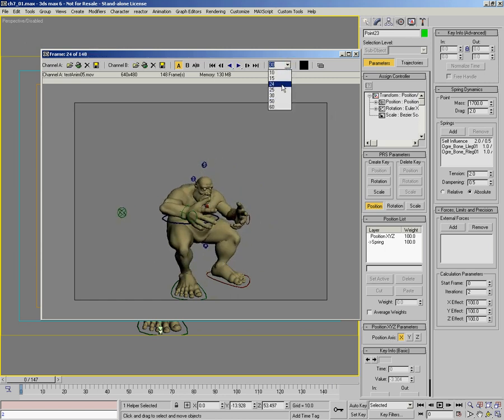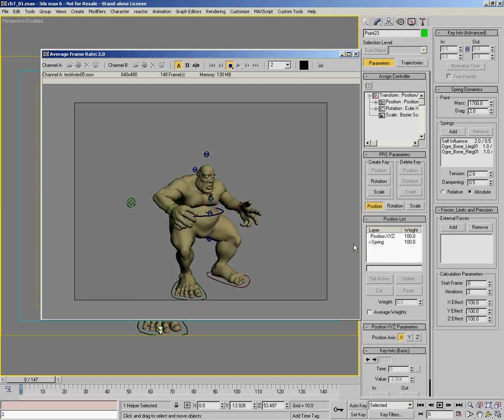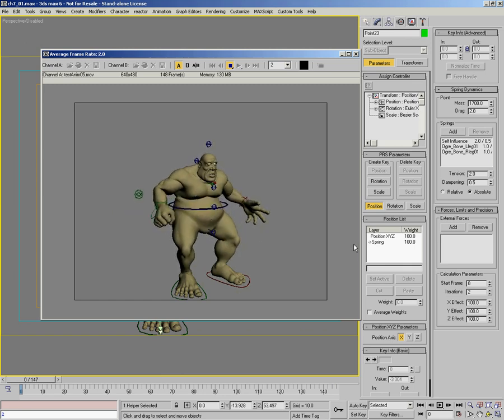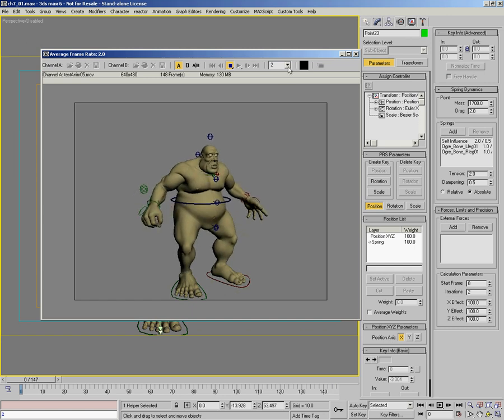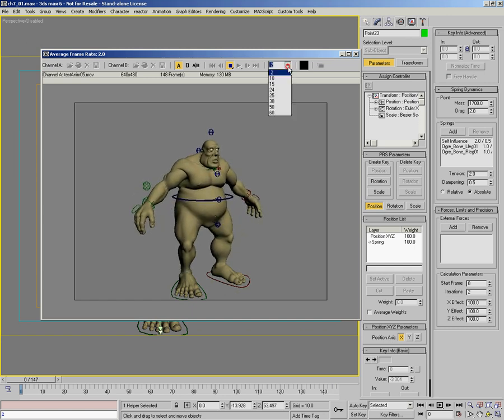What's also nice is you can change your frame rate, or type whatever frame rate you want in, and it's great if you're looking at an animation and wondering should the whole thing be a little bit slower or a little bit faster. You can just check the frame rate that you are interested in, and see if it actually helps